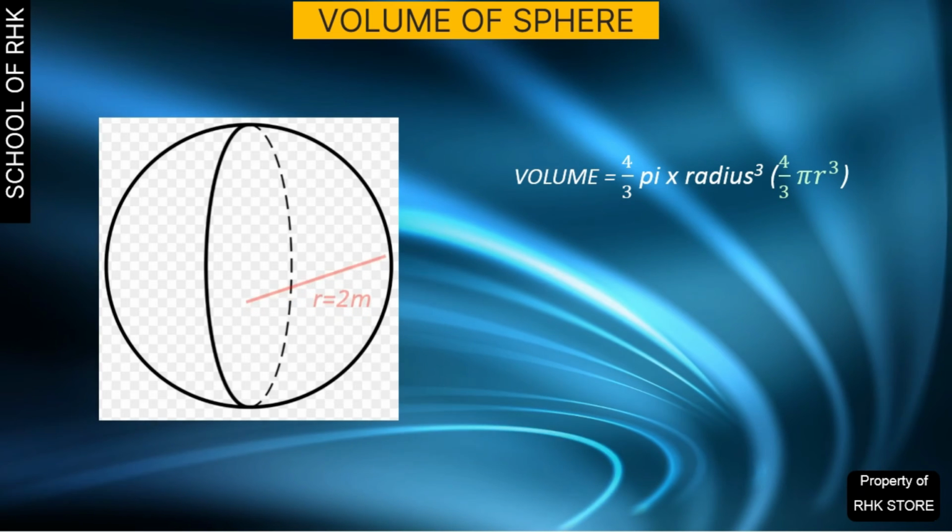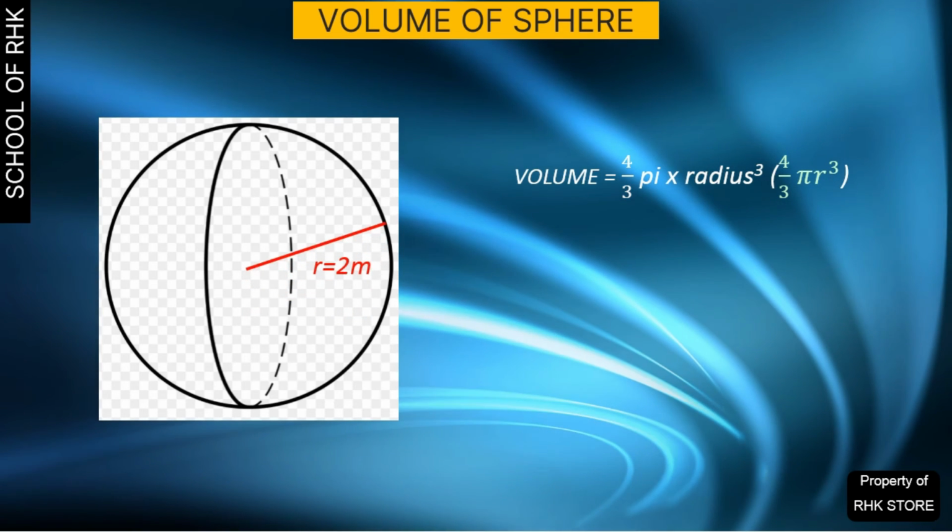Here is a sphere with a radius of 2 meters. Fortunately, that is the only dimension we need to find its volume. Our formula says that the volume of a sphere is equal to 4/3 times pi times radius cubed. Radius cubed means multiply it by itself 3 times. So we take 2 meters, multiply it by 2 meters, again multiply it by 2 meters, which equals 8